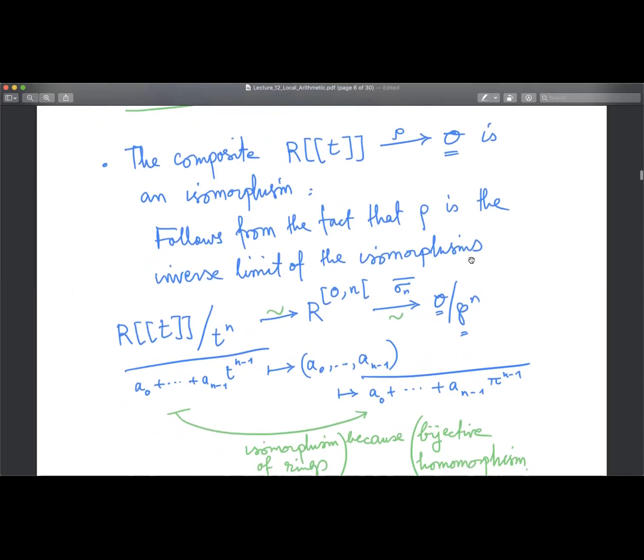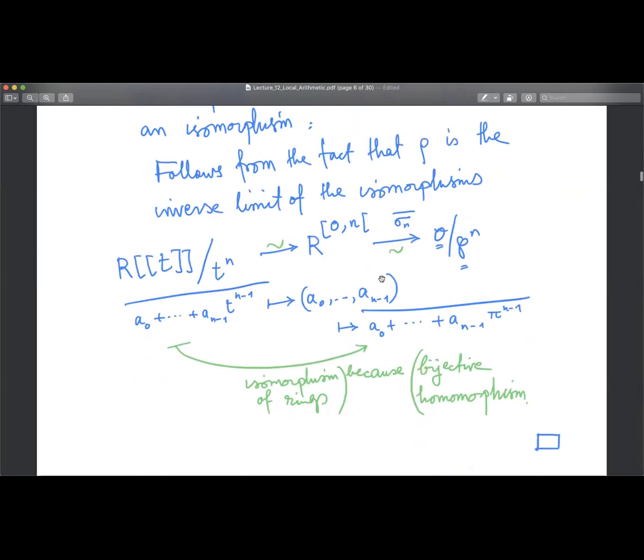Okay, let's come to the final thing, which shows that the composite from R power series T to O, this rho, is an isomorphism of rings. Okay, so first of all, I want to show that it's a bijection. So why is it a bijection? That's because